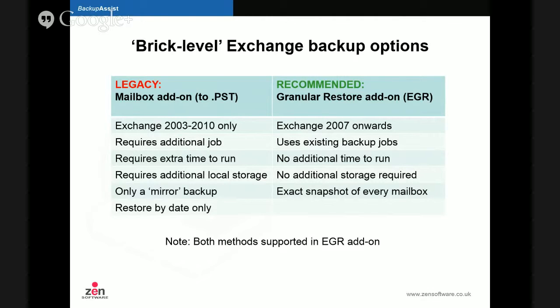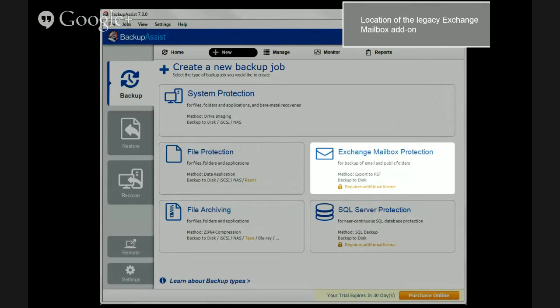So I just wanted to quickly show you the Exchange mailbox protection, the existing method to export to PST, because that's a different backup job, and that's what you're running when you look within BackupAssist and choose to back up the Exchange mailbox. Like I said before, if you want to use the newer Exchange Granular Restore console, there is no job to create, so there's no need to add another job like I'm going to show you. But for those legacy customers, just to explain how it's working,